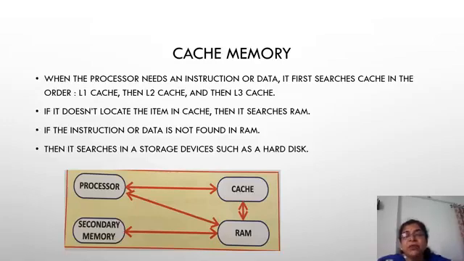See, it is shown here. First, the processor searches for the information in cache. If it doesn't get the information in cache memory, it goes to RAM. If it is not there either, then it goes to secondary memory, and from there it goes to RAM, and from there it goes to the processor. So it takes more time, but if it is readily available in cache, it reduces the time. Immediately it gets those instructions. So the computer works faster with the help of cache memory.